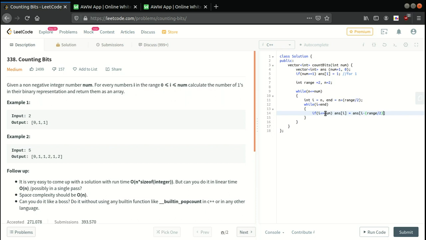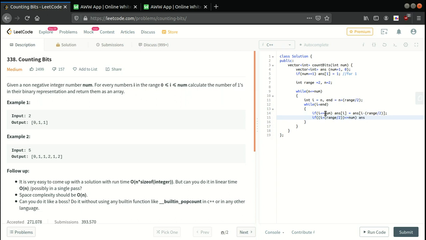Okay, and if i plus range by 2 is less than or equal to num, this is for the later half of the array.